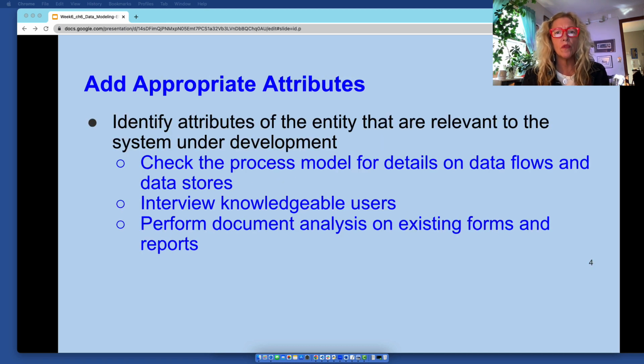You need to add the attributes for each entity, and this will be done in VA when you're defining your entities. Check the process model for details on data flow and data stores. You could also interview knowledgeable users of the registration system, like yourselves, and if possible, perform document analysis on existing